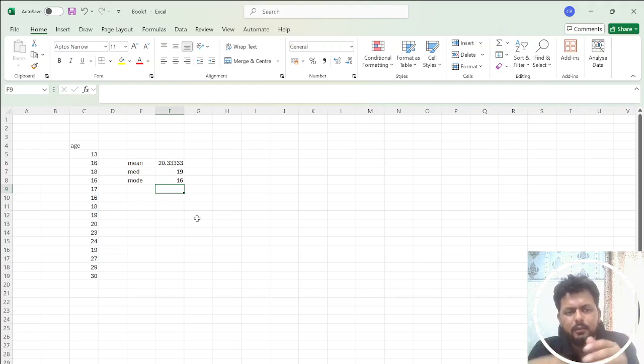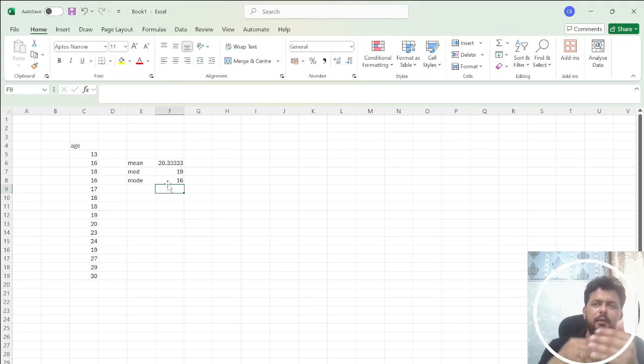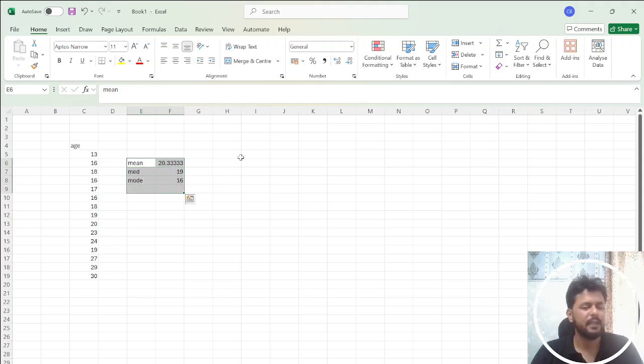It's not too tough, you can easily understand it. So all the terms you can easily find out. But generally, when I do descriptive statistics, I don't individually find the mode, mean, median. What I do is I just go to the